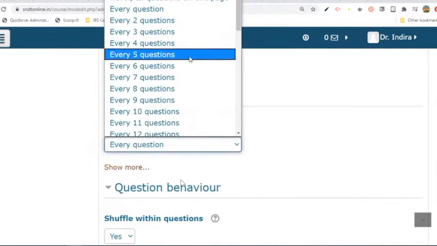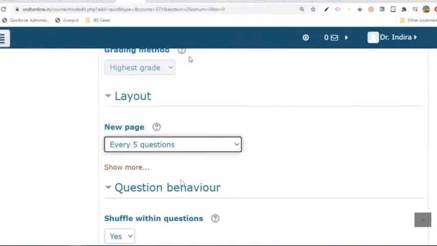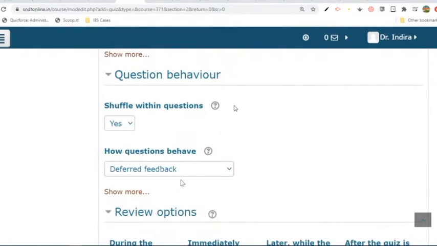And coming to the layout part, as I said, never keep every question on one page. Always, if you have 20 questions, put every 5 questions on a page, because as I said, quiz is resource intensive. If all the questions are on one page, and at the end of the time, 8:30, every student clicks on this again, it will overload the server. In order to avoid this, every 5 questions, the student will get the button next. So automatically this will be saved, and we can lessen the load on the server. That is one. And shuffle within questions by default. Within the questions, these will be shuffled. This is again useful.